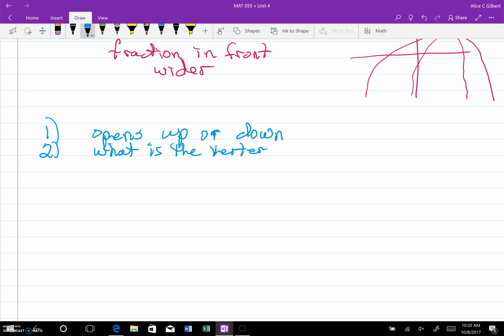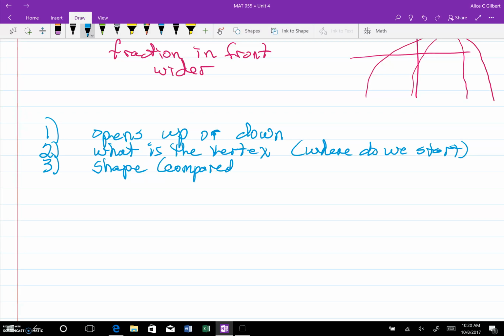In other words, where do we start? And then the third thing is the shape compared to the parent graph. Narrower or stretched is a whole number in front,